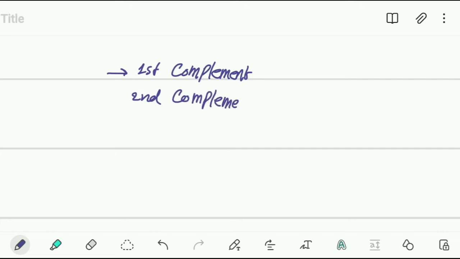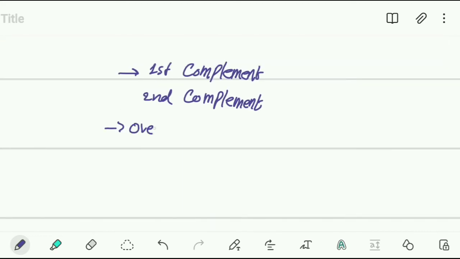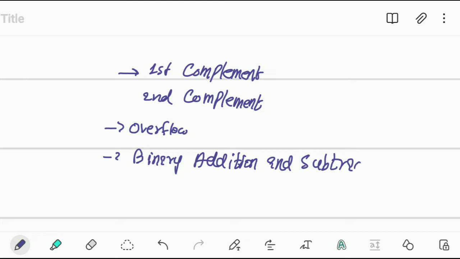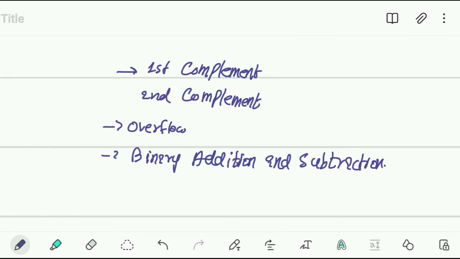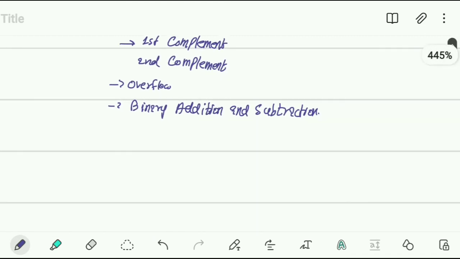Okay, the next step would be one's complement, second complement, what is overflow, and binary addition and subtraction. Okay, binary addition and subtraction, and for now we are focusing on this. So what is first complement and what is second complement? So first and second, these are methods actually. So today we're going to focus on